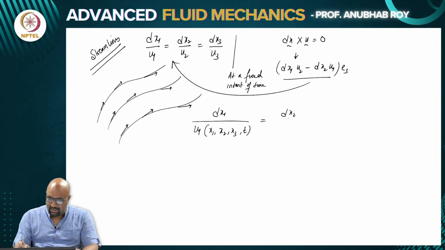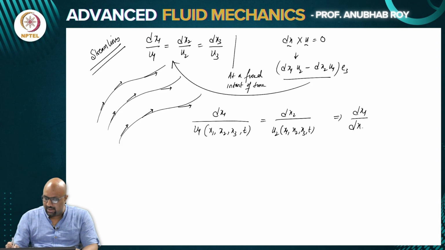And let us look at the second equation, which is dx2. u2 is going to be a function of, generally, x1, x2, x3 and t, which means you need to integrate this and write it as dx1 by u1(x1, x2, x3, t) is equal to dx2 by u2(x1, x2, x3, t). When you do this integration,